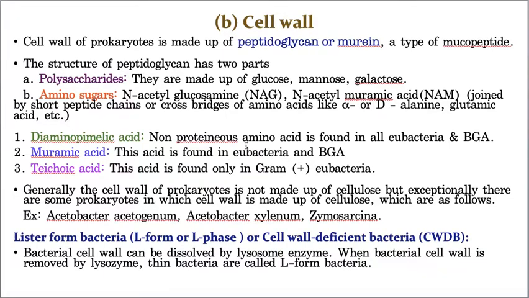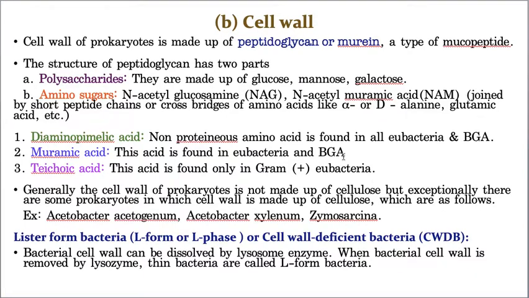That means, you remember yesterday's lesson, I told you bacteria are divided into three types. The first one is eubacteria, the second is archaebacteria, and the third is cyanobacteria. Among these, eubacteria and blue green algae contain this diaminopimelic acid, whereas in archaebacteria it is absent. Please try to understand. And the next one is muramic acid, an acid which can be seen only in eubacteria and blue green algae. It is absent in archaebacteria.